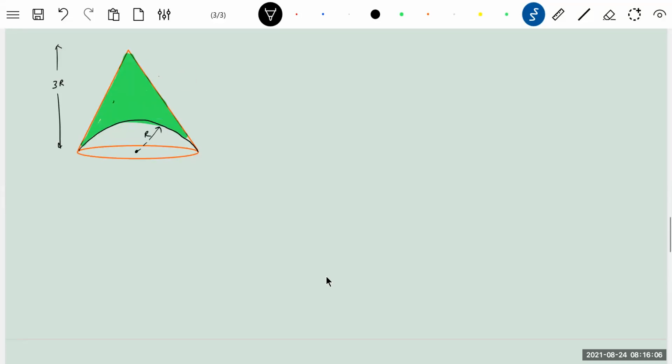Then let me define rho as the density of this one. In a solid cone of height 3r and radius r,